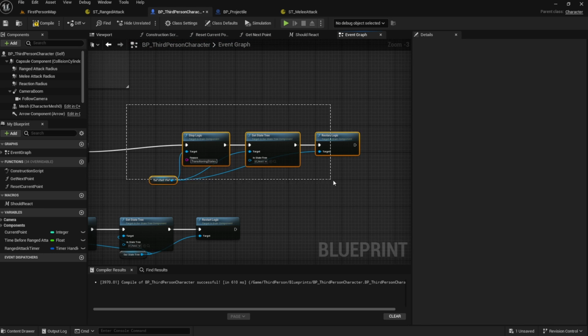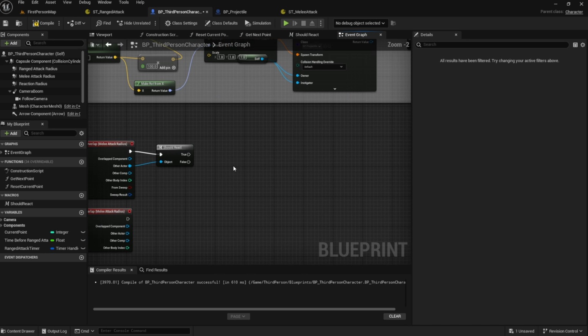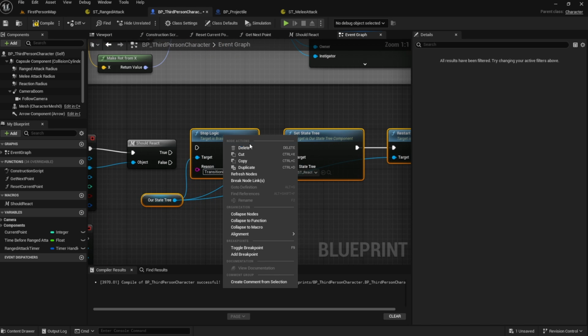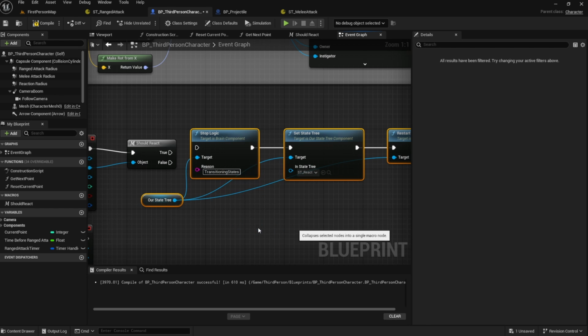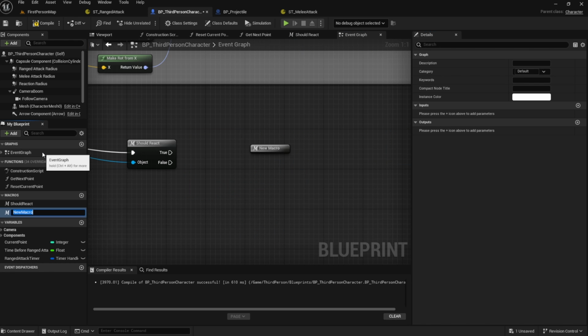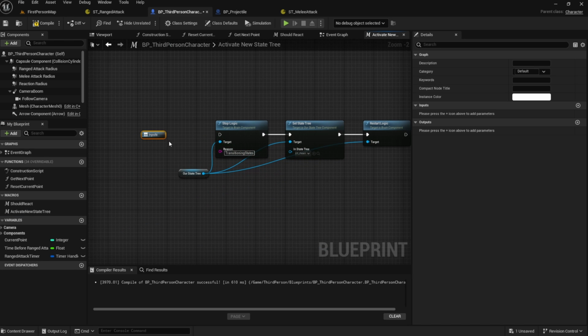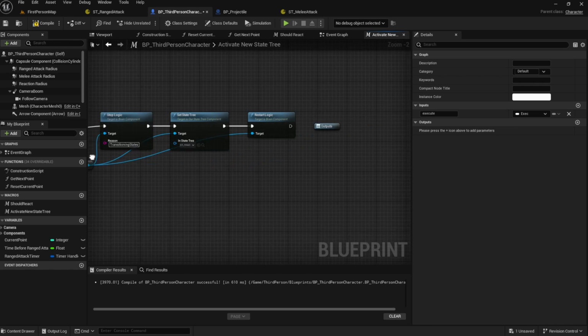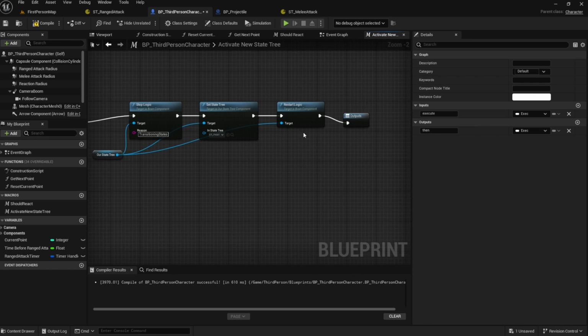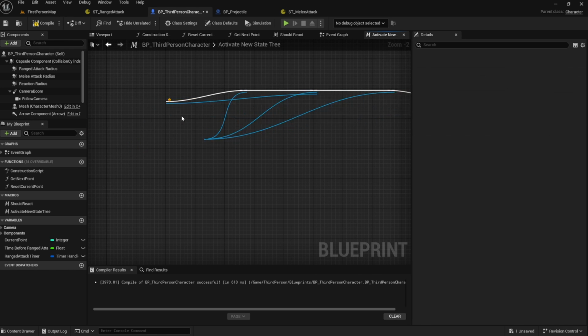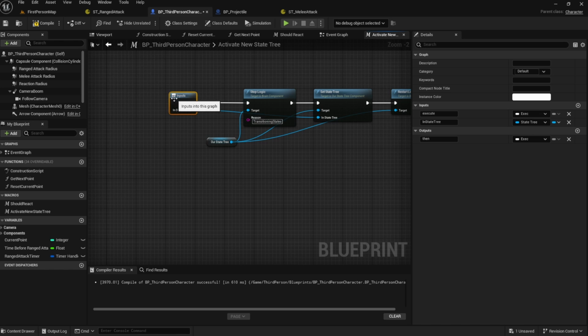We want to call this logic again, which we could probably collapse to a function as well, so we can stop copying the nodes all over the place. So I am going to collapse to a macro as well, and we'll call this activate new state tree. And all this will do is take in an execution pin, and this will take in a state tree. And we could